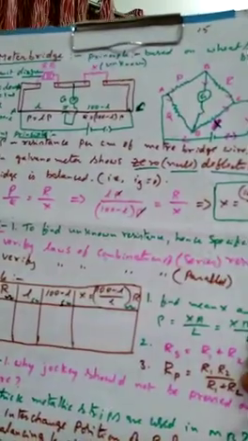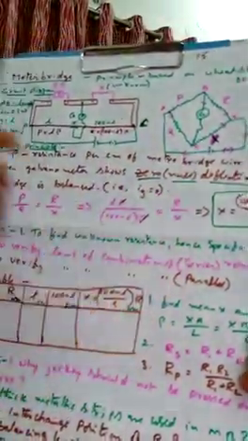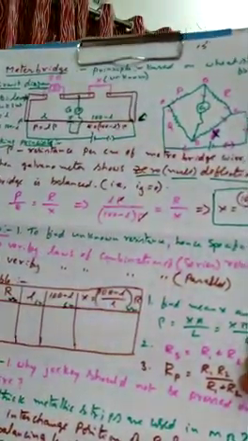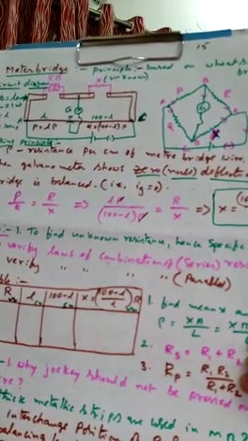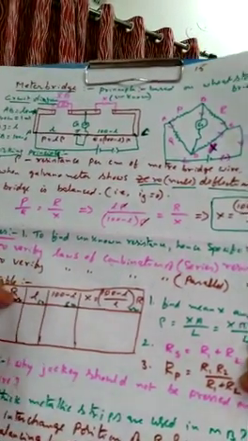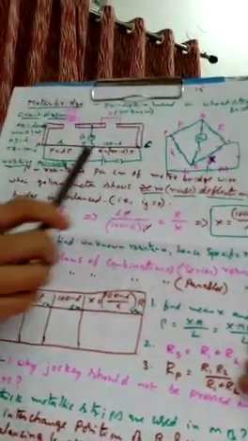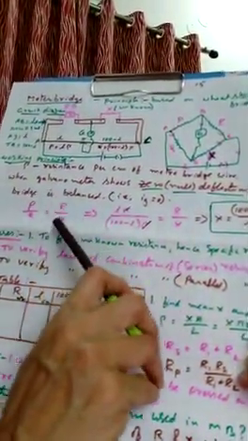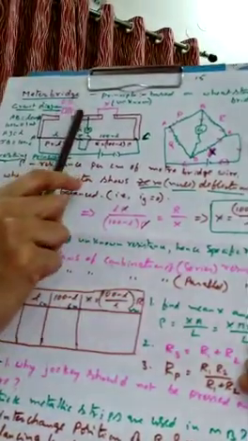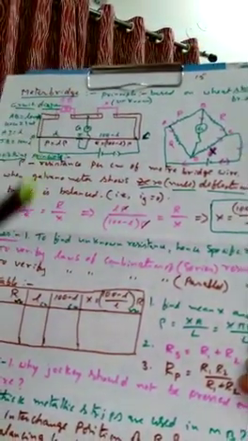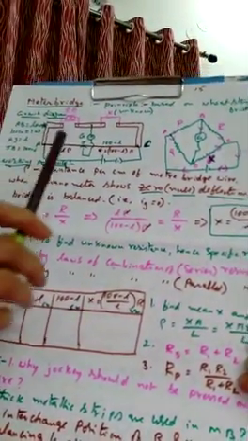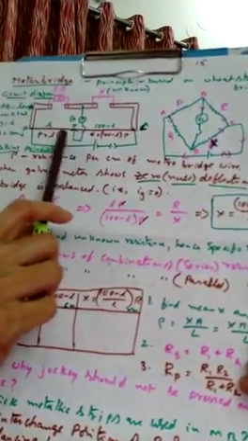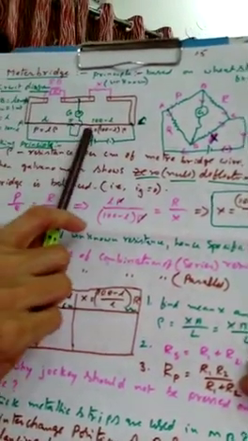How does it work? Now we have compared both here. So what is the formula? The formula for the unknown resistance we can derive by using the Wheatstone bridge principle. What is the Wheatstone bridge principle? P by Q is equal to R by X. Here we clearly know R and X. Where are P and Q? They are resistances. Here a wire is there, and a wire has some resistance. How do you find it out?